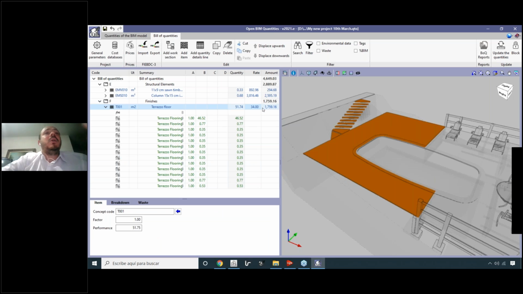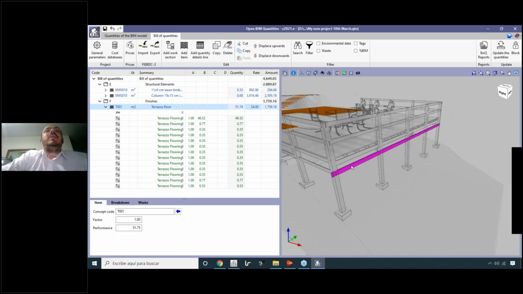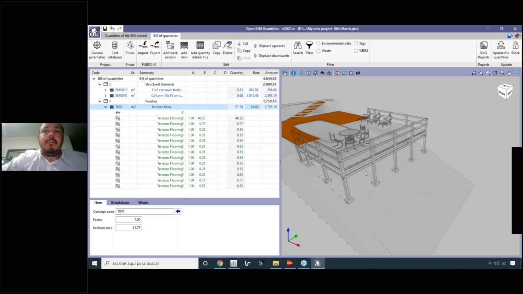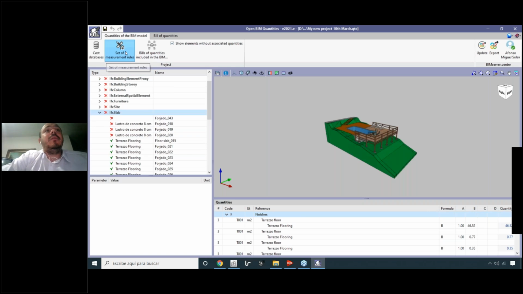Okay, but I would also like to include those beams that were not included in our criteria. The transversal beams have a cost, and we'd like to include this in our view of quantities. So let's do that. Let's come back here to the quantities of the beam model, and inside of our set of